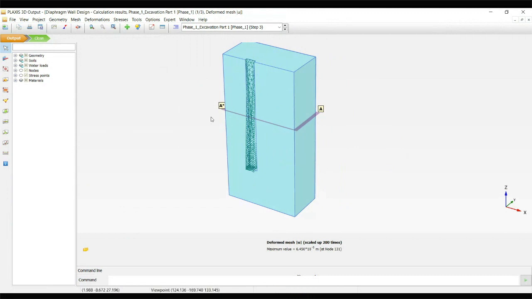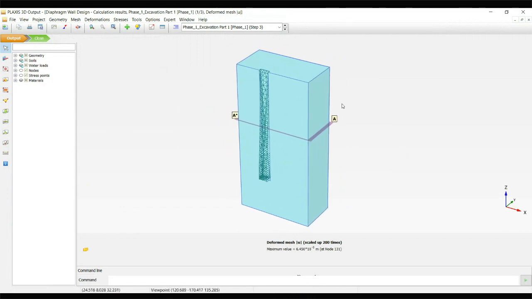So this way we can get the real behavior of the diaphragm wall, because in 2D we create a plate element and all those things, but in 3D we can find out whether our soil will be stable or not. That also we can find out. That is why we made this model, and how to utilize our Plaxis 3D for real behavior. Okay, that's it. Any questions we can discuss.